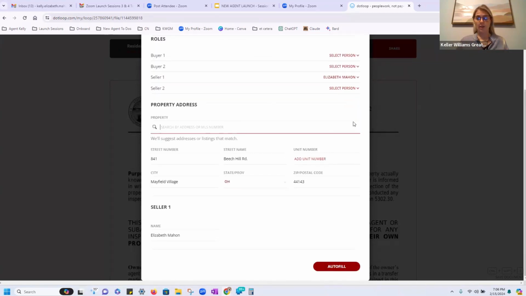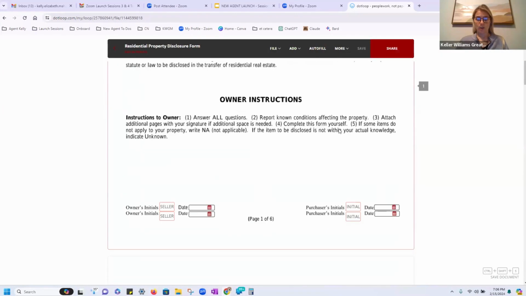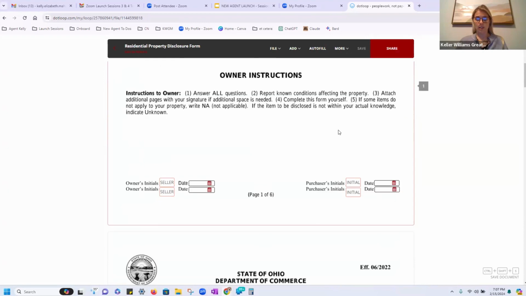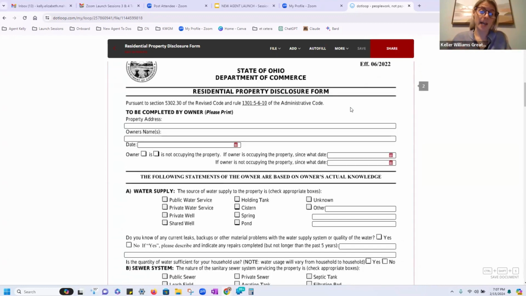Like, you don't want to autofill anything. I'm Xing out. Your clients are going to need to fill this out because your clients are the ones who have lived in the home for X amount of years. In this case, we're pretending like our clients bought the property in 2021. So they've only lived there for 3 years. But in that 3 years,